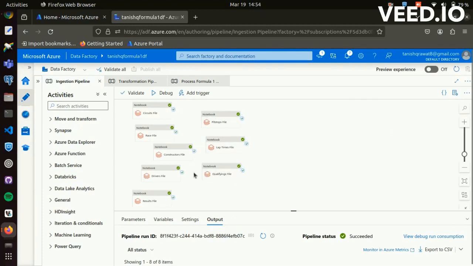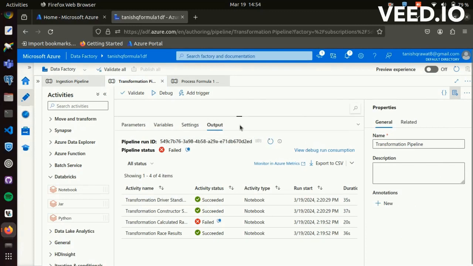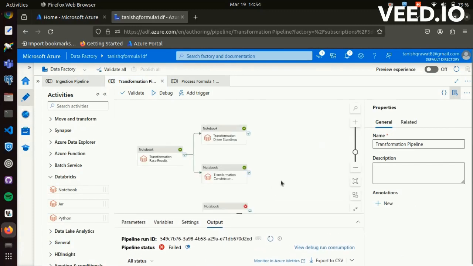These are the 8 notebooks for converting the 8 types of data which I have: constructors, which is basically team data, race information, circuits information, lap times, qualifying, the results file, which is a huge file, and this is the transformation. Transforming race results. This is driver standings and constructor standings.